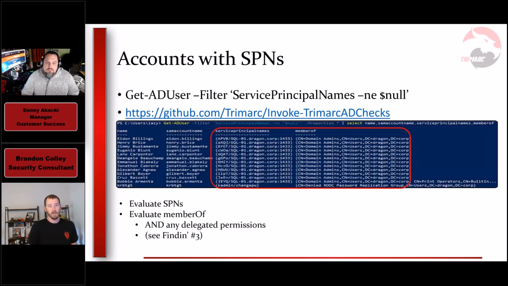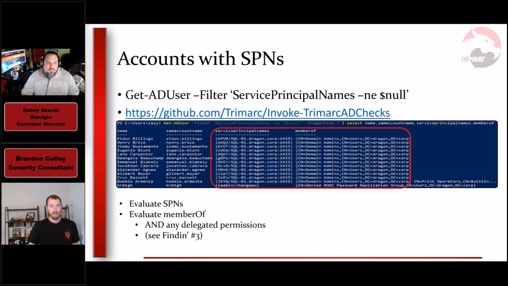And of course, it's not just group membership. So you're going to want to find also any delegated permissions. And this is a little bit of foreshadowing for what we're going to talk about in the next finding, but we'll get to there in a second. So what we're going to do is identify those accounts that need those permissions removed. We need to see if we can dial back that domain administrative access. And I realize that sometimes vendors will state that they require this of service accounts. So this step might be a little bit harder.